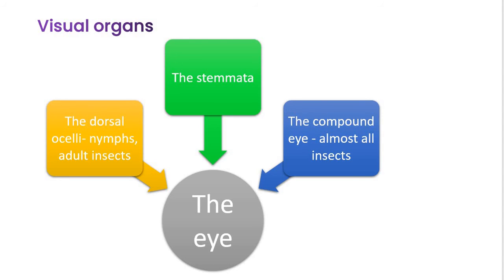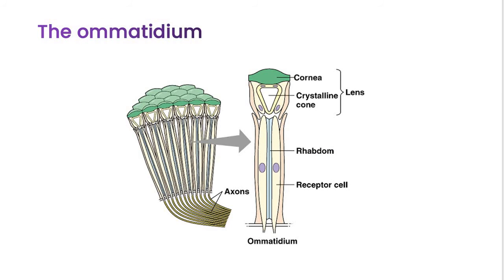Now the second type of visual organ is the stemmata. Each stemma is formed from a small group of photoreceptive structures resembling the ommatidia of the compound eye. Each structural unit of a stemma consists of an external endocuticular cornea, then a crystalline lens, then a group of 7 retinular cells or some corneal cells. You can observe this in the diagram. This is the diagram of the stemmata. Before that, this is the diagram of the ommatidia, right?